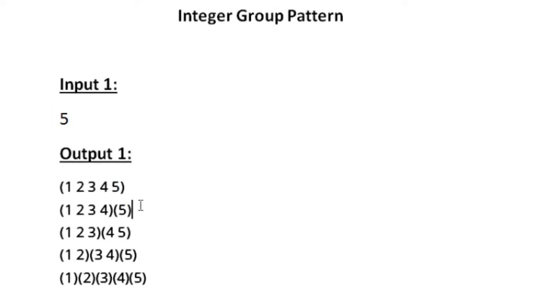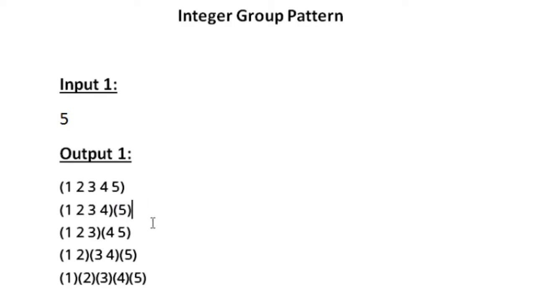And in the second line we must group the integers 4 by 4. So totally there are 5 integers. The first 4 integers are grouped separately. So the first 4 integers are separately enclosed in a set of parentheses, and now we have remaining only 5. This group can hold up to 4 integers, but we have only one integer left. So the integer 5 is alone grouped separately in a single set of parentheses.